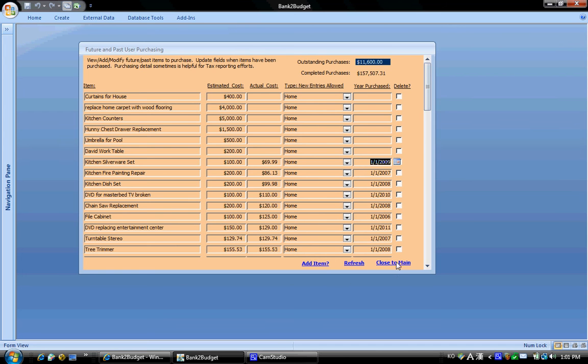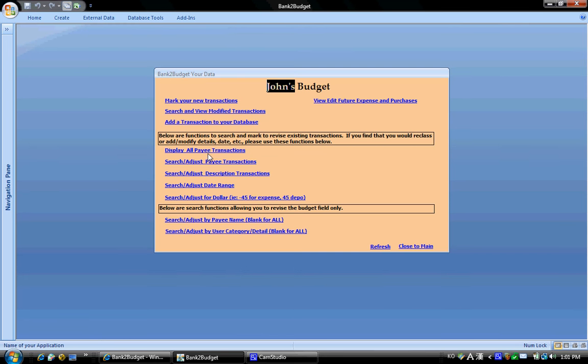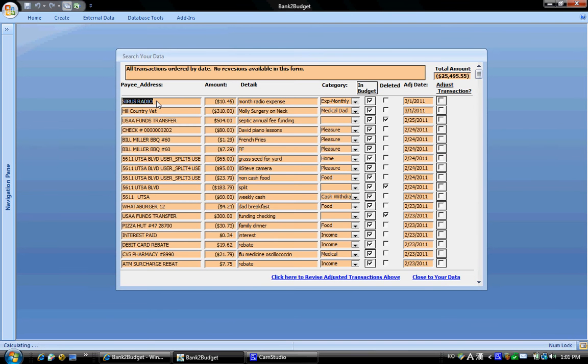Okay, let's get started. The first link here allows you to reprocess your transactions. It says display all payee transactions. Payee is the bank terminology for the place that processed your credit card or where you made your purchase from. Of course, in here, this is by date sequence, and let's do an example of something I'd like to reprocess. Okay, let's say this barbecue place here, I put FF for French fry. I'd like to reprocess that